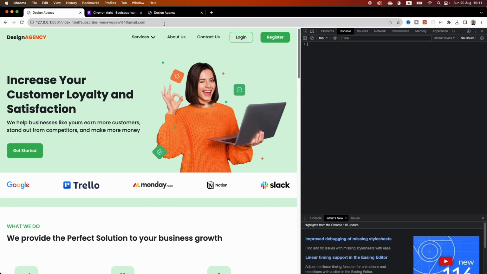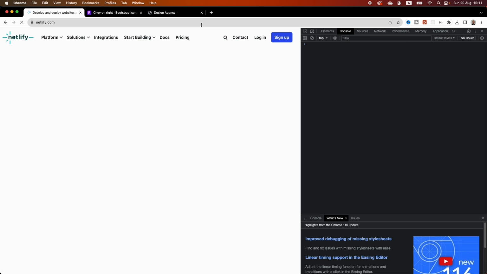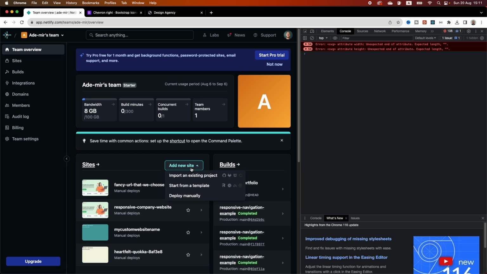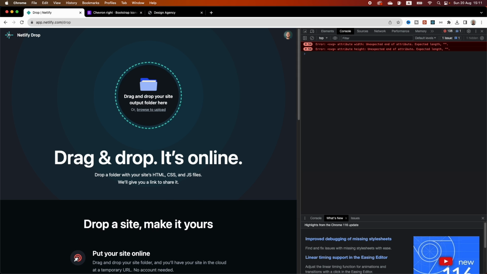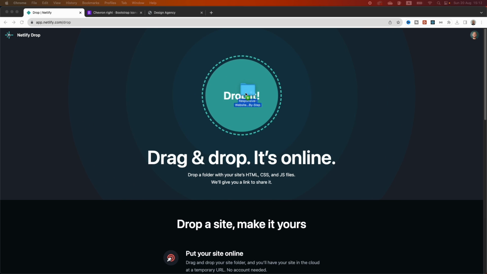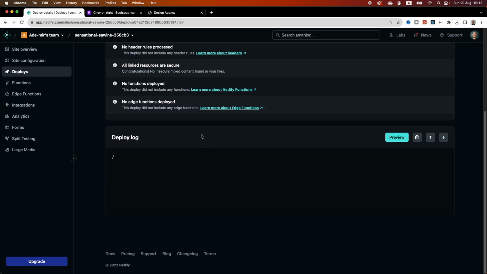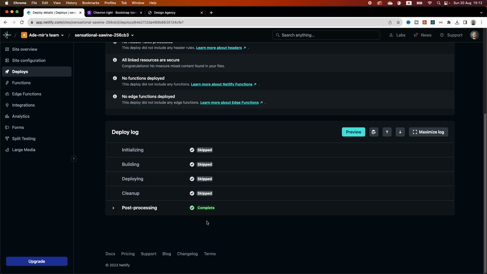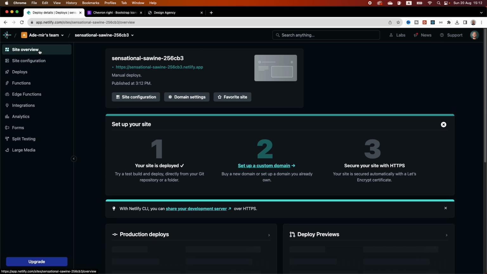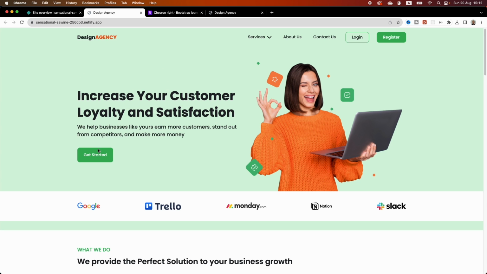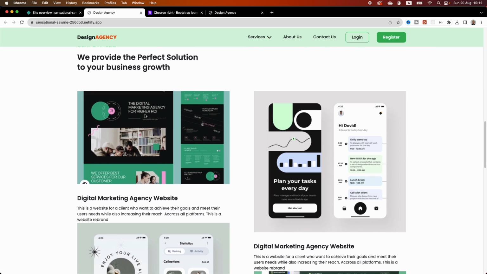Cool. Now let's deploy this site so we get it a URL. Let's go to netlify.com, create an account or log in. You're gonna add a new site here, deploy manually. We are gonna drag the folder that we made this whole project in here. Be sure to save all your files first. Then after a couple of seconds, you're gonna see it has deployed. You can go to site overview here and click here, and our site is deployed for the world to see,